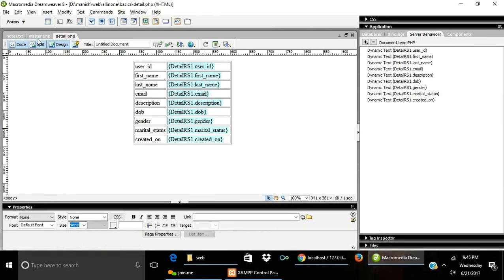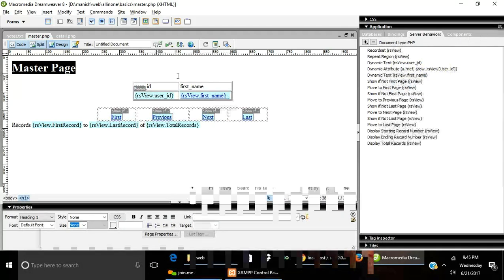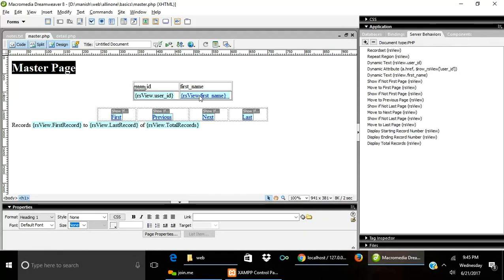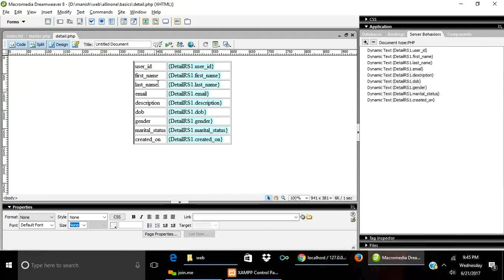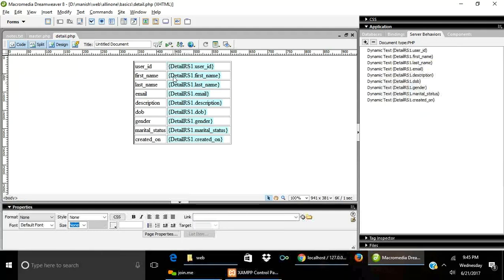If I see the Redfin page, this is called the master page where I see all the property listing. When I click this one, I will go to the detail page to see the detailed property. This is not a property page, but I am showing you it is a similar kind of thing to what we saw in Redfin. Though in Redfin there is a template, here we can use a different template, but right now the functionality wise it's finished. We have the listing page and we have the detail page. Now let's try to